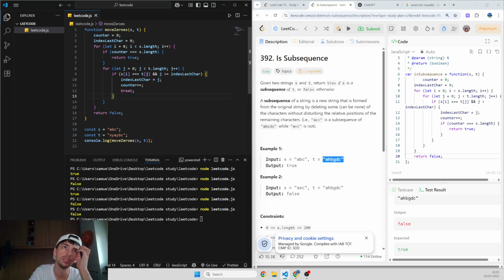Counter equal s dot length, return true. Otherwise, we do this. J is 0. J is less than t dot length. J plus plus. If s is equal to t j and j is greater or equal